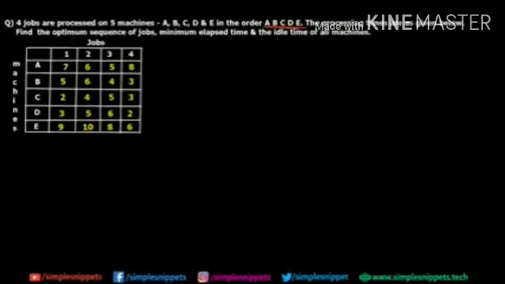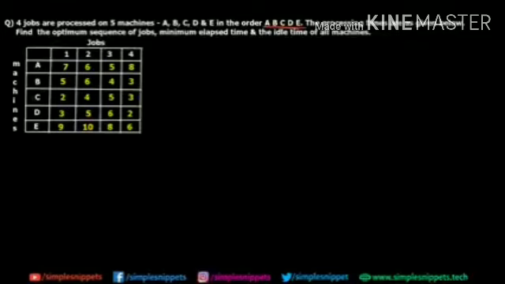We have the 4 different jobs: job number 1, job number 2, 3 and 4, and the 5 different machines A, B, C, D, E. So these yellow units are the values, or you can say the time required for job 1 on machine A is 7. So 7 can be hours, minutes, seconds, whatever. Let's consider minutes. So job 1 requires 7 minutes on machine A. Job 1 requires 5 minutes on machine B. Job 1 requires 2 minutes on machine C, and so on and so forth. So I hope you're getting this entire table.